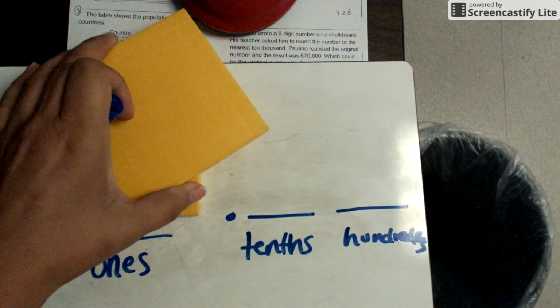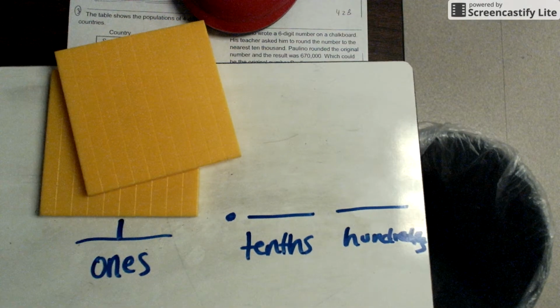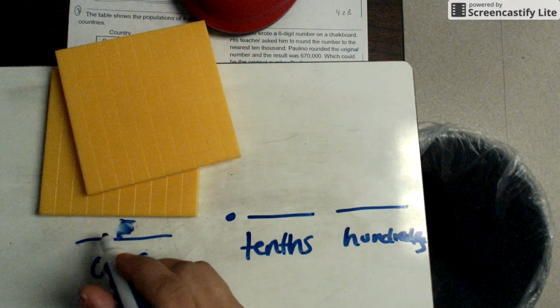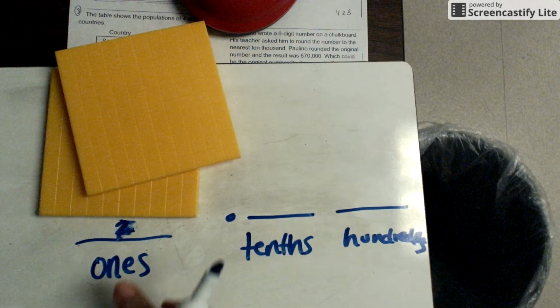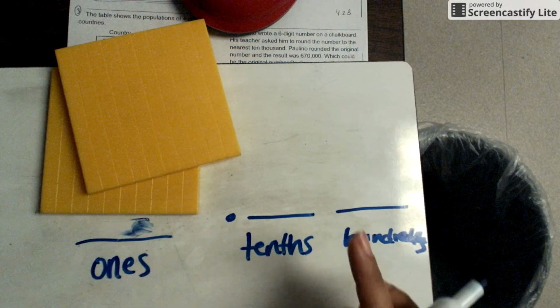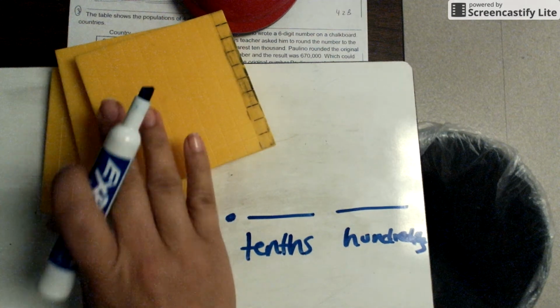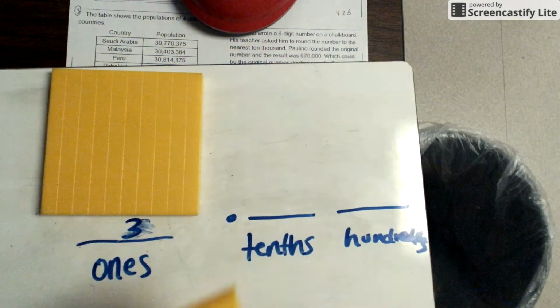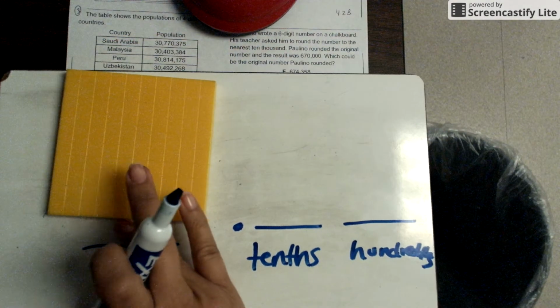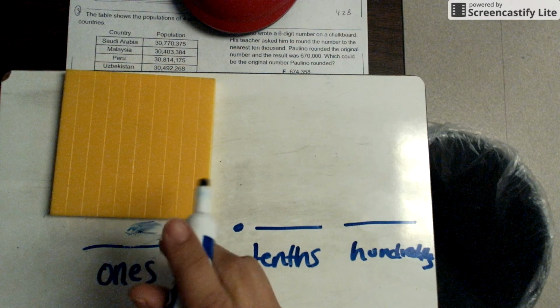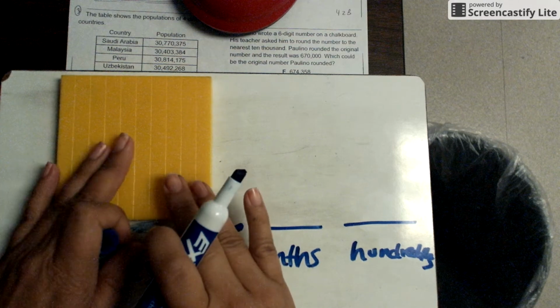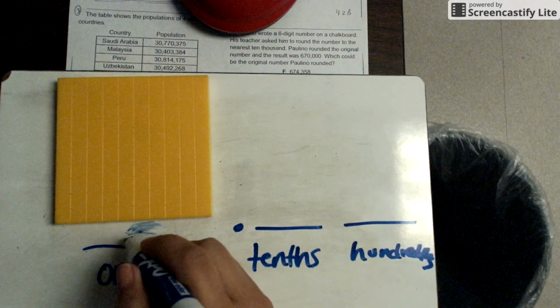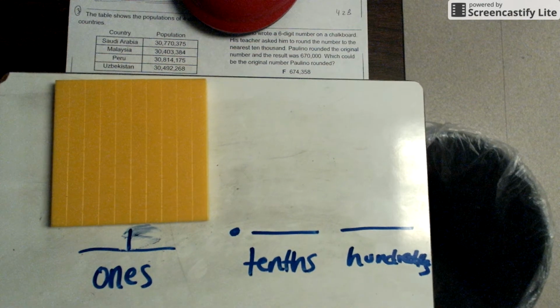If you were to have 2 flats that were completely shaded in your model, then that would represent 2 wholes. If you were to have 3 flats in your model that were completely shaded, that would represent 3 ones or 3 wholes. So let's say that in your picture model, you see that you have an entire flat of 100 shaded. Then that would mean that you had one